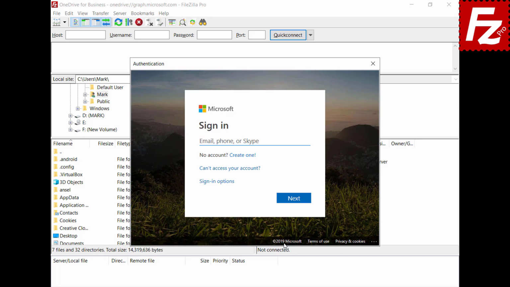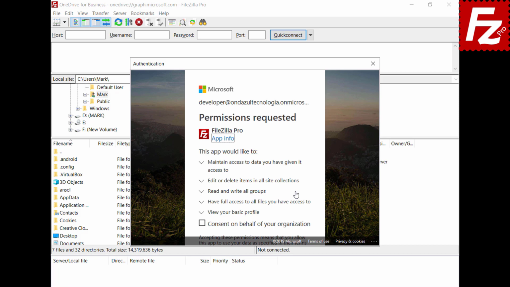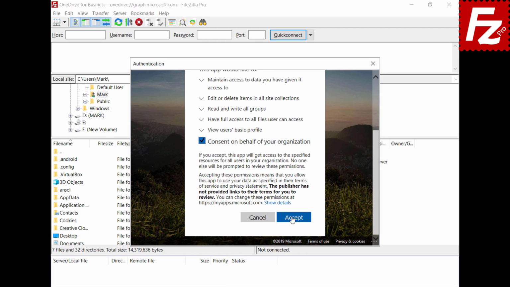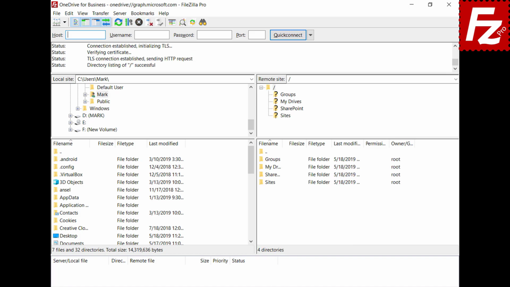Click Connect to start the authorization process. Enter the Organization Administrator credentials. In the Permissions Requested page, mark the option Consent on behalf of your organization. Choose Accept to grant access. Now you are connected as the Organization Administrator, and other organization users can also use FileZilla Pro to access their